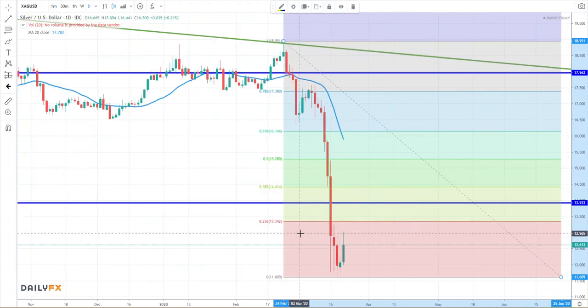Okay, so this will tell us that price could retrace all the way to 23.6, and that might have been it. We might see more selling right from here. That was a weak retrace that happened at the end of last week. Or we could see price come up to the 14.41 mark, meeting the 38.2 Fibonacci retracement mark. That would make sense because it might meet up with the fast moving average,